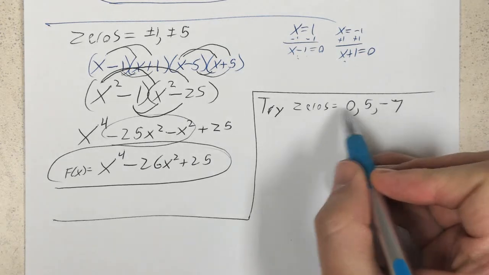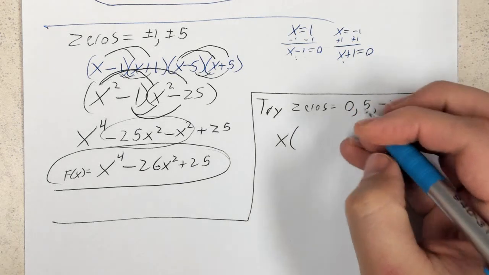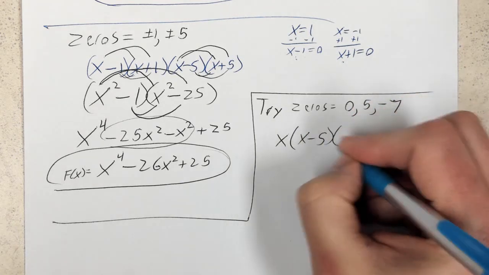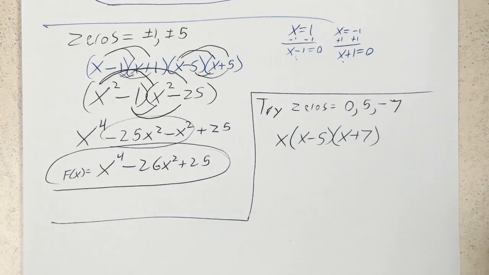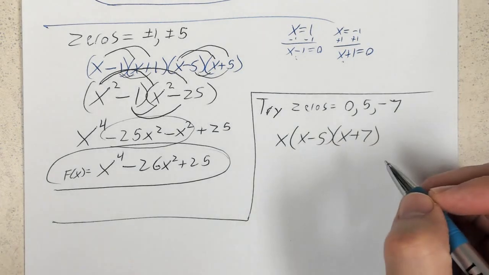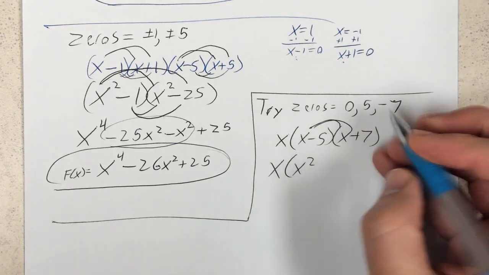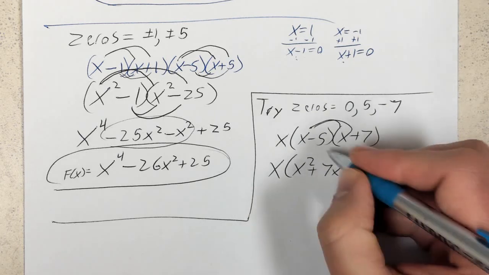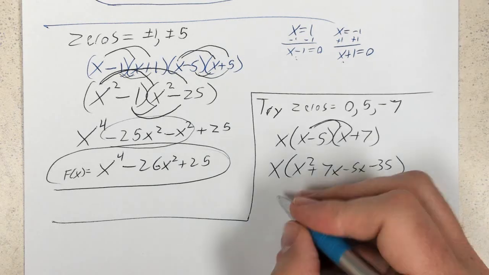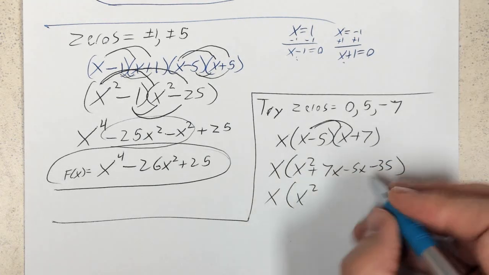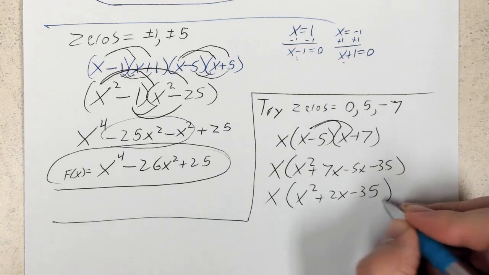Alright, so writing out factors. We know that one of the factors is x, one of the factors is x minus 5, and one of the factors is x plus 7. So we're going to multiply. So x times x squared plus 7x minus 5x minus 35, x squared plus 2x minus 35,